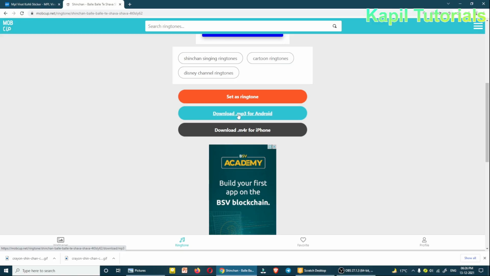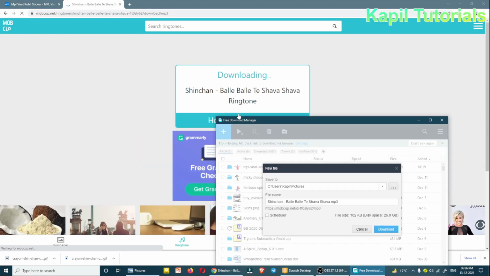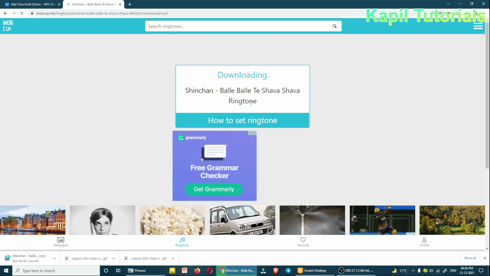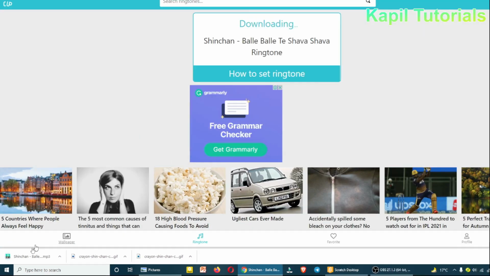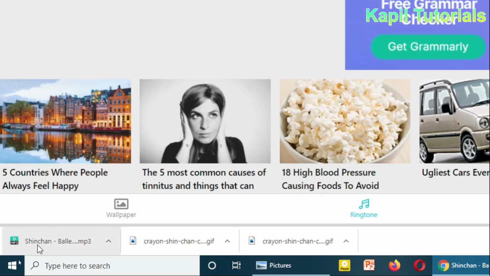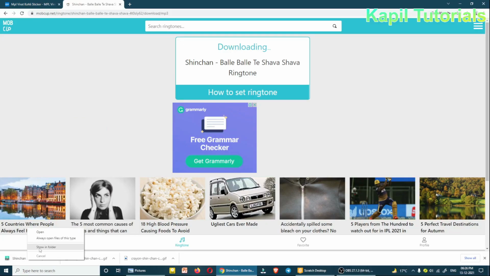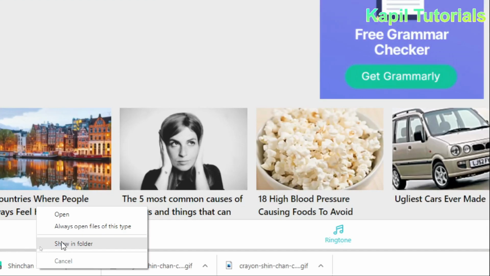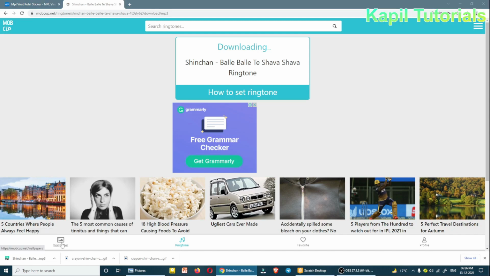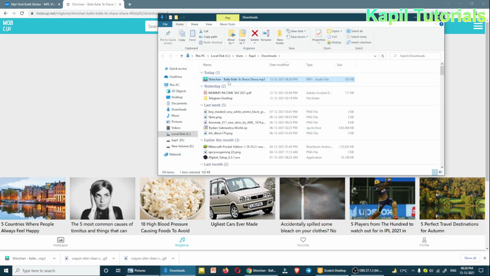So you can click on this option, and as you click, you could find here that it's downloading. I'll right click, show in folder, and it's downloaded. It's downloaded here.